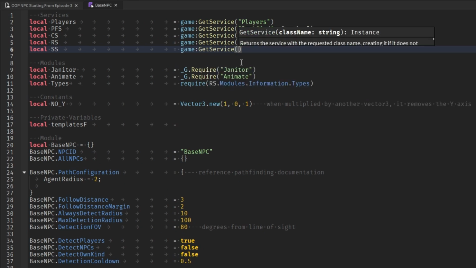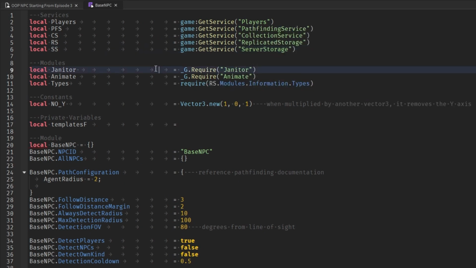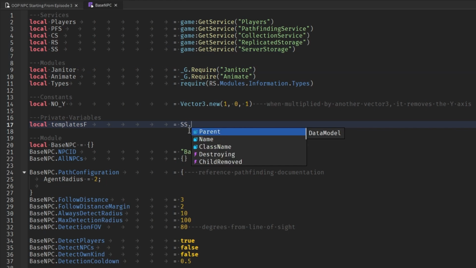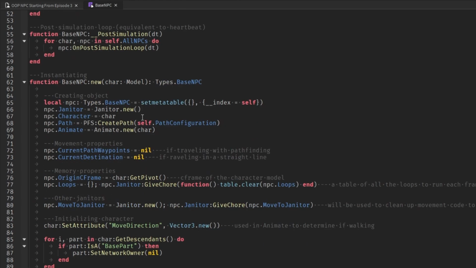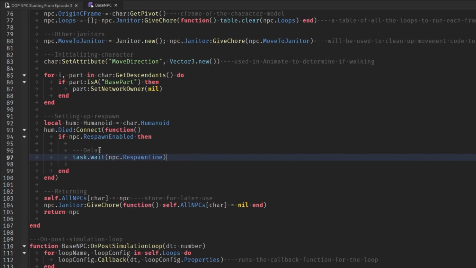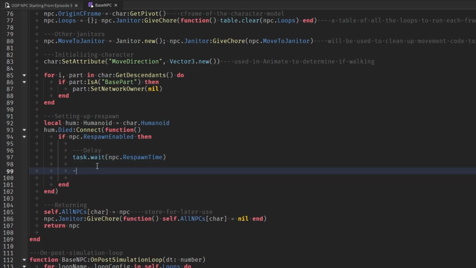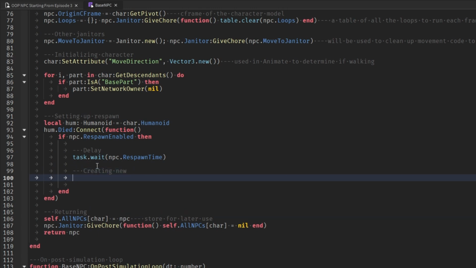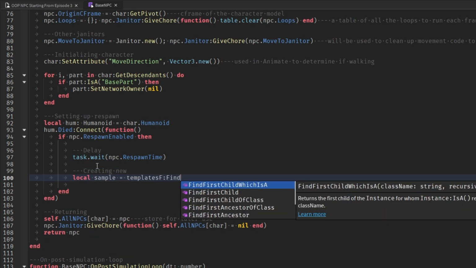And service, server storage. So then templates f is going to be server storage dot templates, or dot NPC templates. So now if we go back down here into this respawn portion, we're going to create a new section, creating new equals sample equals templates f my first child